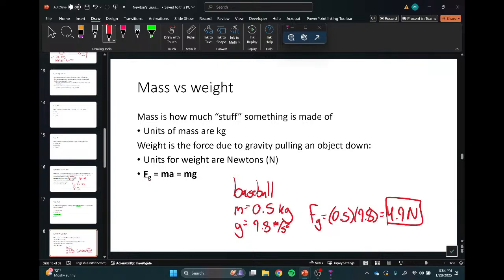If you're holding a remote control, that's about 1 newton. Remote controls are generally pretty light. That just gives you a touch point of how much a newton is. If you came into this class knowing how much a newton is, you have a better sense of it than I do. I actually have to do these kinds of things to figure that out. Even though I've done physics, I just haven't stopped that much and thought about it. But a remote control, when you hold that, how much it pushes your hand is about 1 newton. And a kilogram on Earth is equal to 2.2 pounds. That's another useful thing. Don't need to know it, but it's nice. I just assumed my baseball was about a pound on Earth.